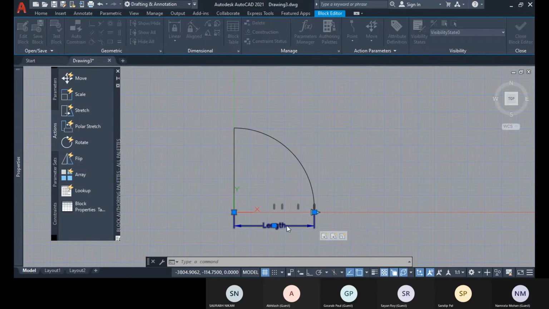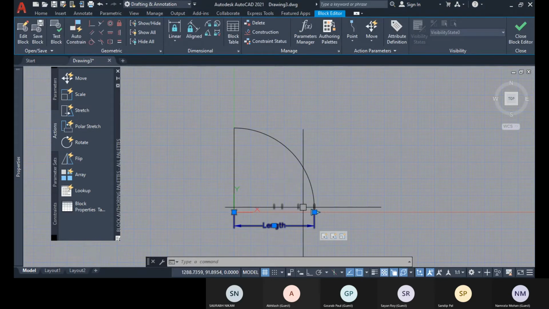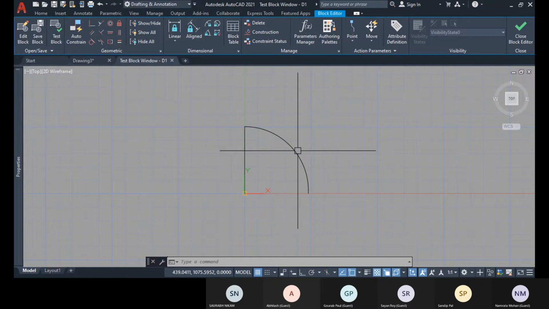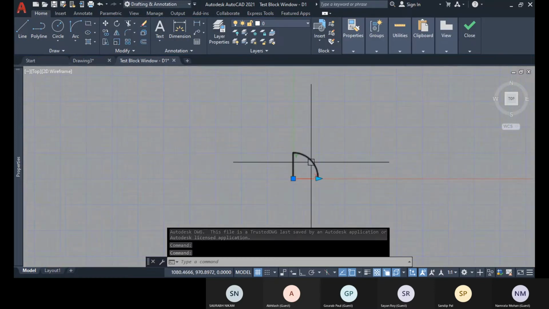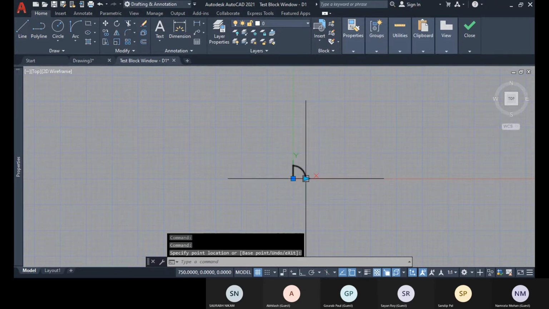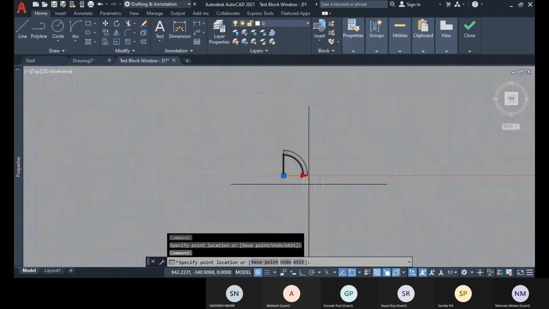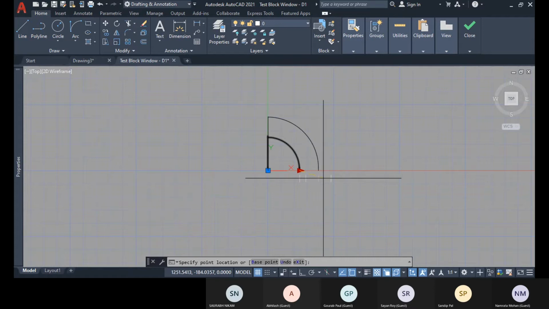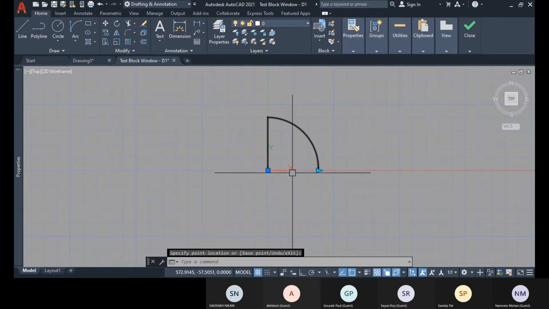Okay, and you click okay, and here you can see we have these lines. Now you go to the test block option. Now you select it, and here you can only move to these lengths, so you can quickly change up to that length. Like this is for 1200, so easily you can place and change it to 1200.